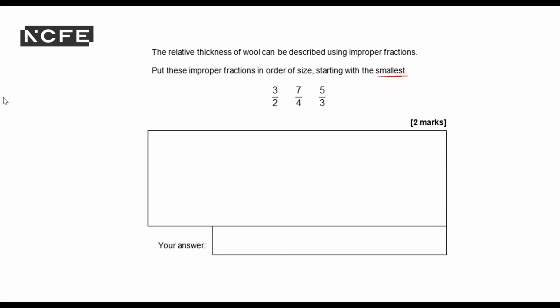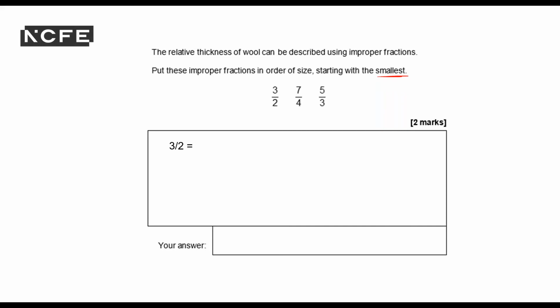And so the lowest common denominator that I can give to them all, let's see, 2 times 4 will be 8, but 3's don't go into 8, but 4 times 3 goes into 12, and 2 goes into 12. So the lowest common denominator I'm going to use is 12. And if I'm going to convert all of these into 12ths, so 3 over 2 would become